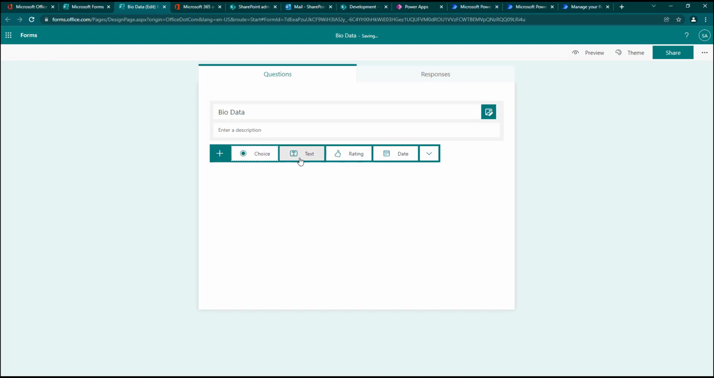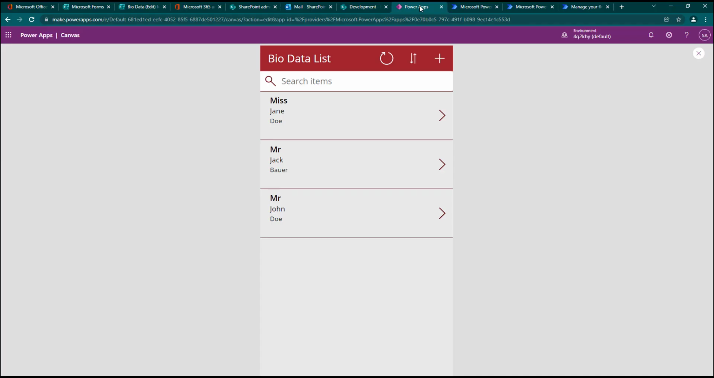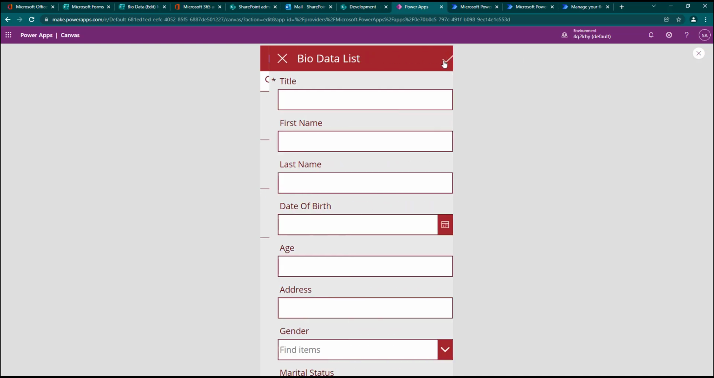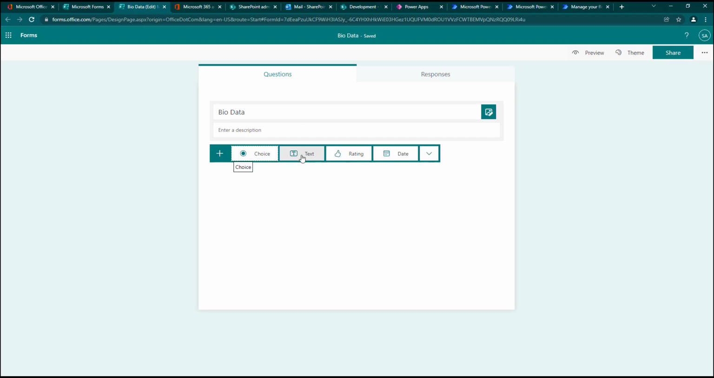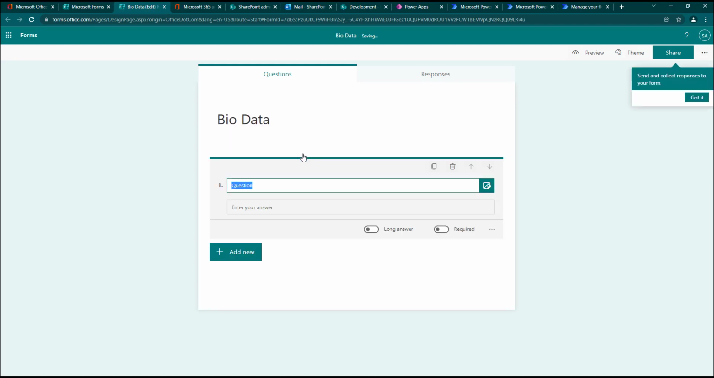So when you're also creating a Microsoft Forms, for people who are not familiar with it, you also have different options of if you are going to select the field as a text or a choice or date and the likes. So we will start from what we have here, right? We have the title field, we have the first name, last name, date of birth, age, email address, and the likes. So we can start by saying title,